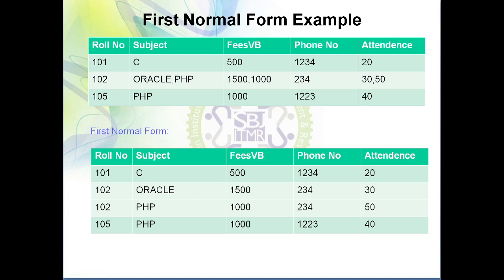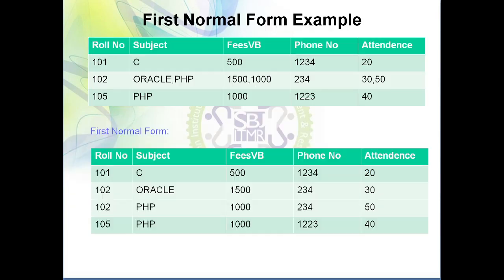Okay, so this is another example. This table is not in first normal form, because here you can see two values are there. It's a multi-valued attribute. Here also a multi-valued attribute is there. Now here I have performed decomposition, so only one value is there in every column. So if you take the intersection of row and column, you are getting only a single value. So we can say this table is in first normal form. This is actually a second example.